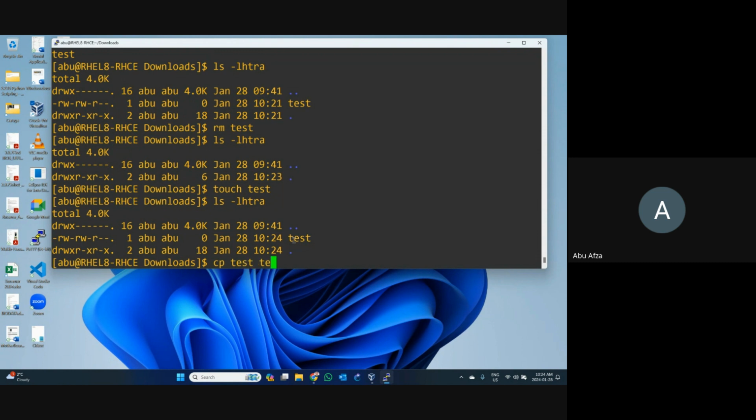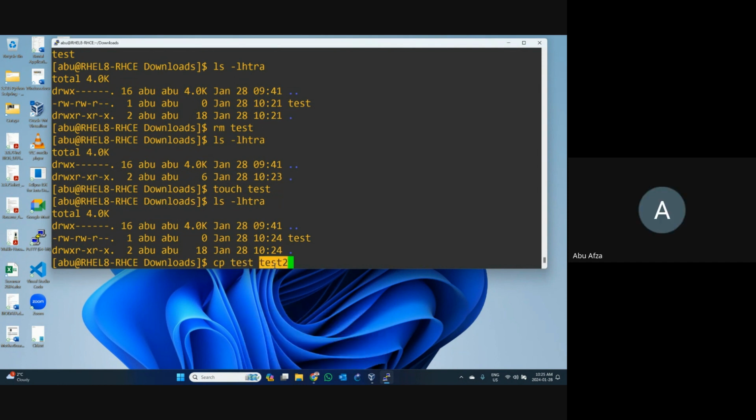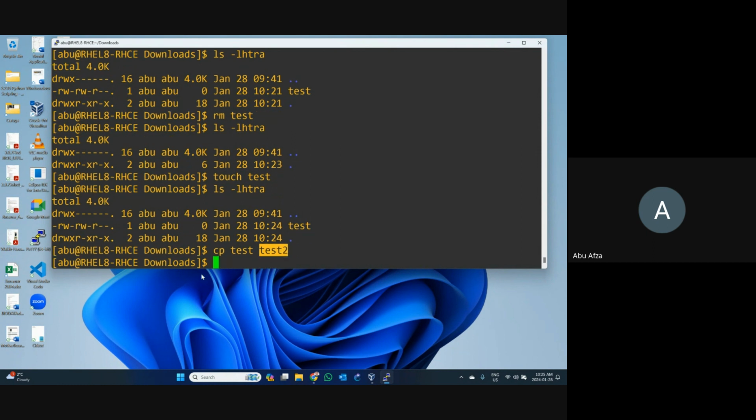Now write the new file name. This is the new file name. cp means copy, old file name, new file name. And whichever file you want to create, you can write that one. Let's press enter. We cannot see any error.